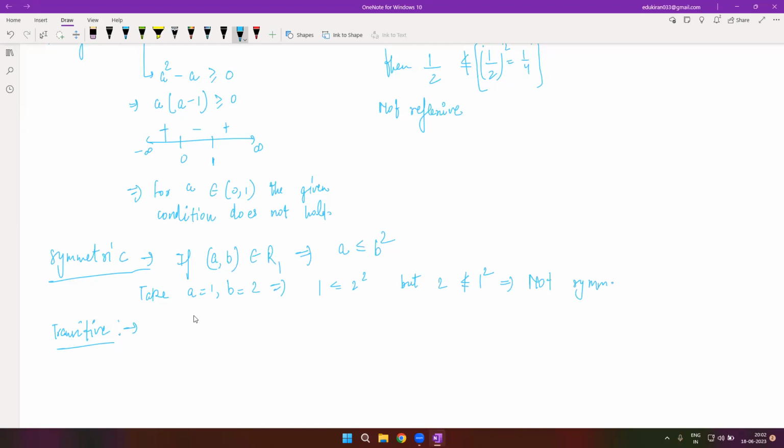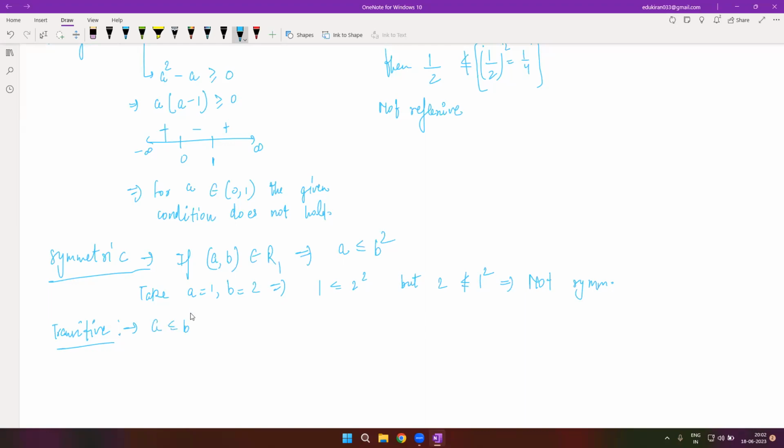मैं ये भी बोल सकता हूं कि द गिवन रिलेशन इज नॉट ट्रांजिटिव। तो a यहां पे बड़े से बड़ा लो। भाई आप तो फॉल्स प्रूव करना चाह रहे हो ना। पिछले केस में आपका पर्पस था फॉल्स ही प्रूव करना, बट सिमेट्रिक के लिए था सिर्फ। तो वहां पे a छोटे से छोटा लिया, b बड़े से बड़ा लिया, जिससे कि पहली कंडीशन सेटिस्फाई हो जाए बट दूसरी में प्रॉब्लम आए।